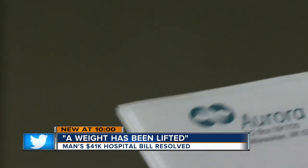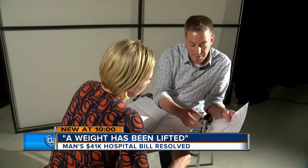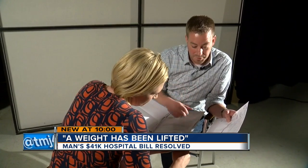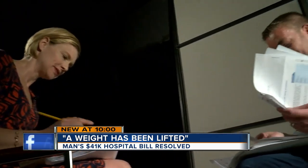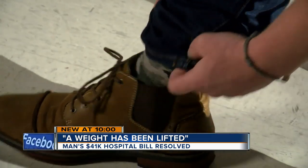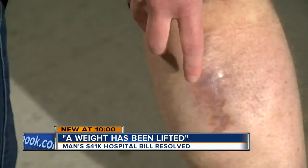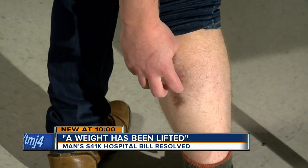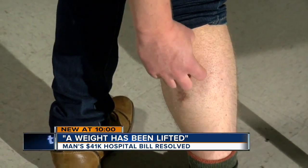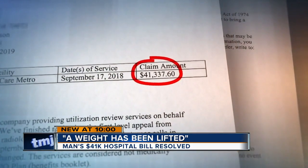Jeff Magnuson looks like a healthy guy. But for about a year, he's been receiving cancer treatment. He's recovering from stage 3 melanoma. There was a mole that was approximately right there. He showed us the scar from surgery on his calf, a scar that's now a reminder of the